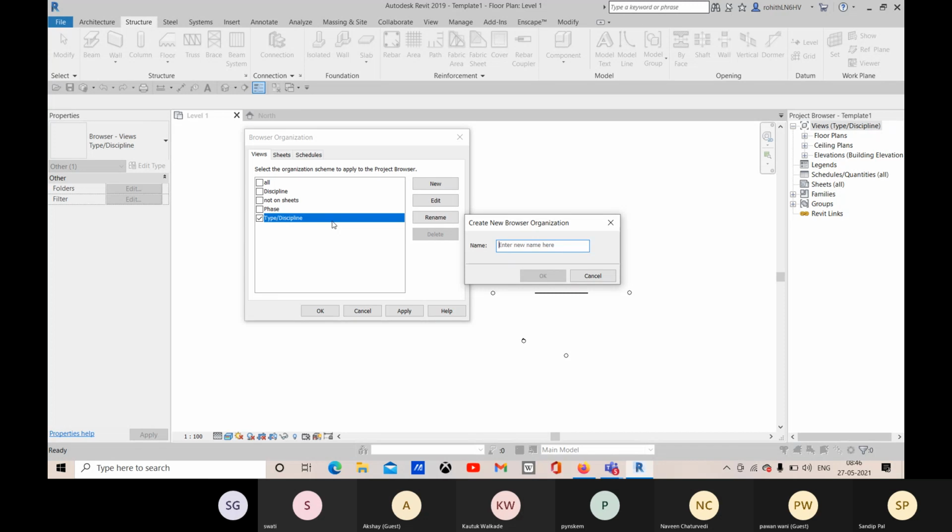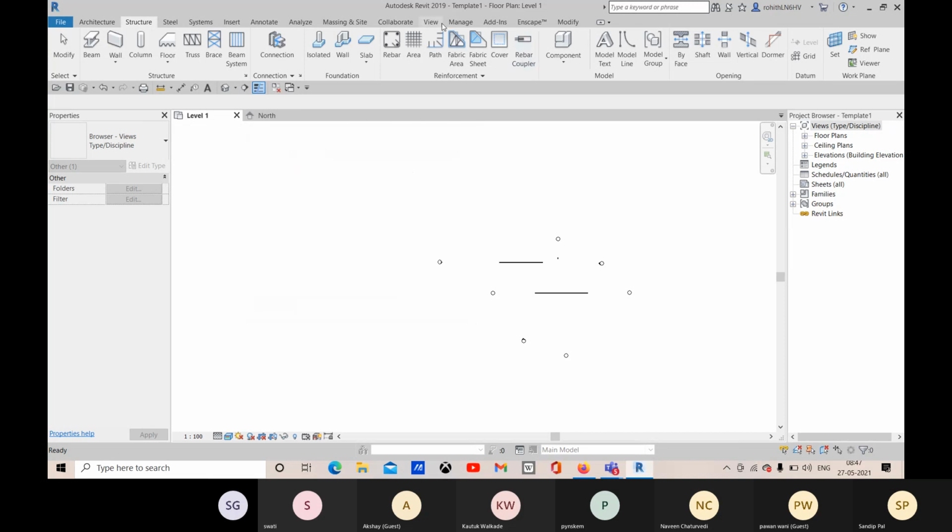Some views are created by some particular modeler, the particular team member. So you can go with that team member name also. Okay, so here you can define the modeler name. But before that, you must have a project parameter, right?